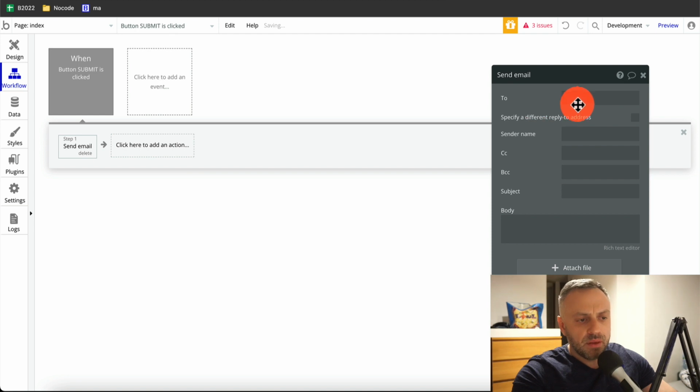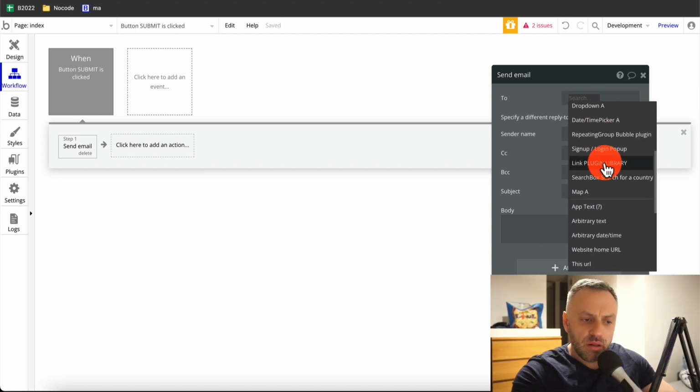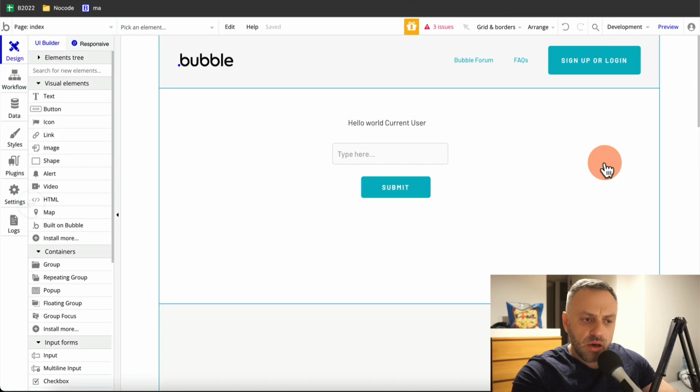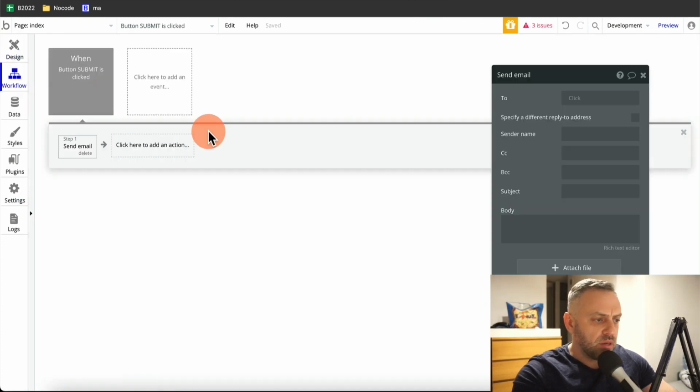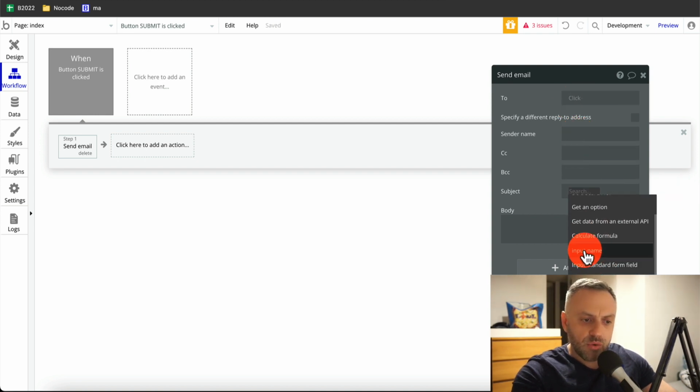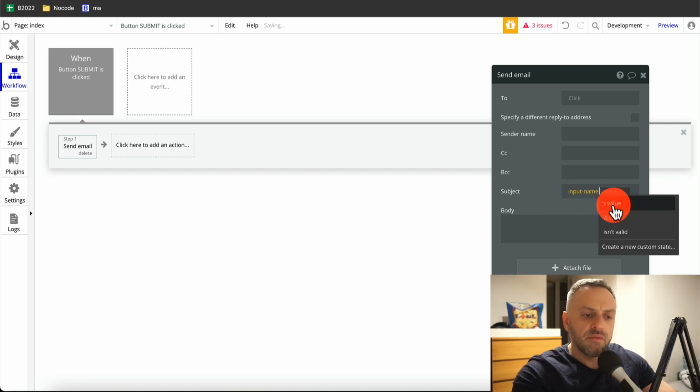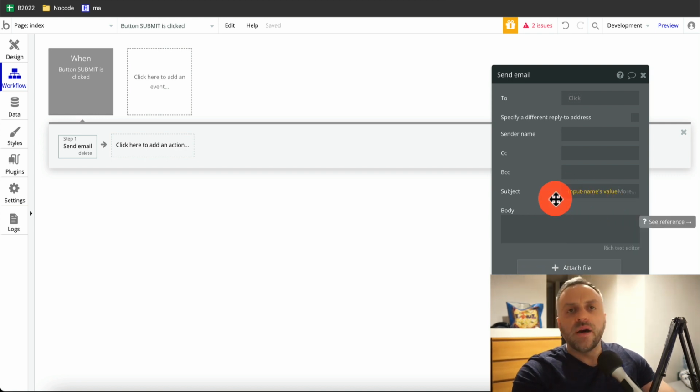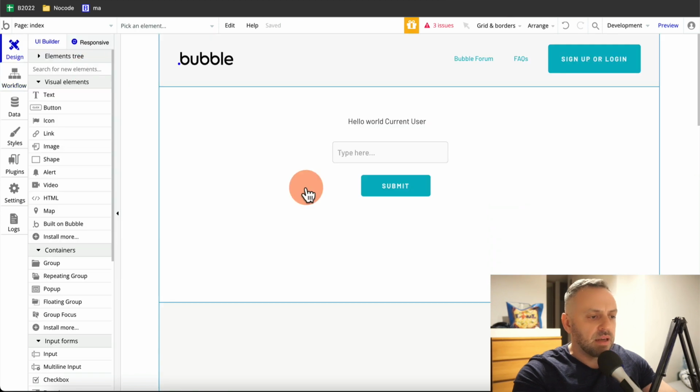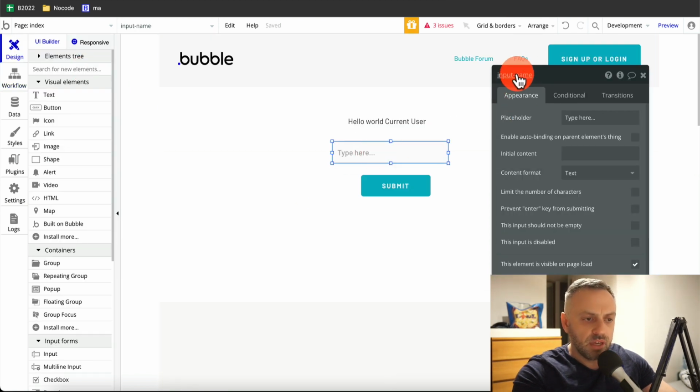Actually, let's do this. I can say send an email. And this tool becomes dynamic data. I can scroll down, I can go in here, I can scroll down. Let's say this is a subject. Okay, I can say dynamic data. And what do I have? I have input name, value. Okay, now I understand. I understand that if I label this field input value, input name,